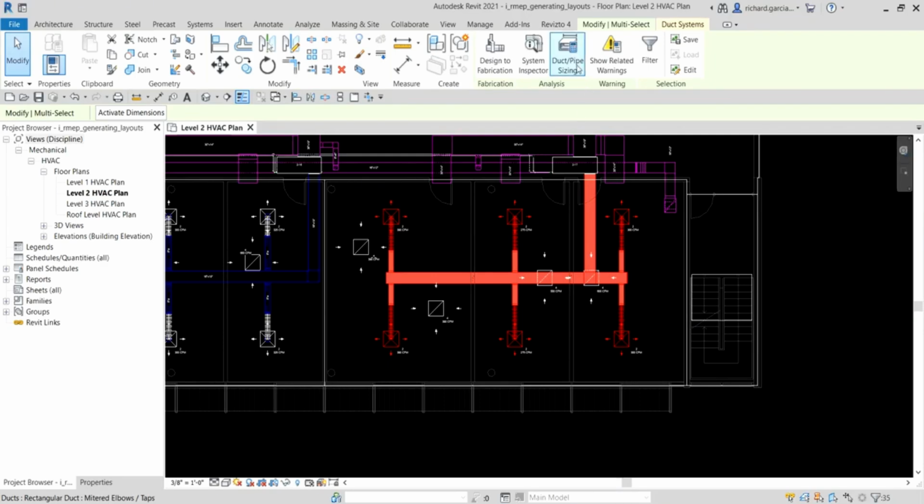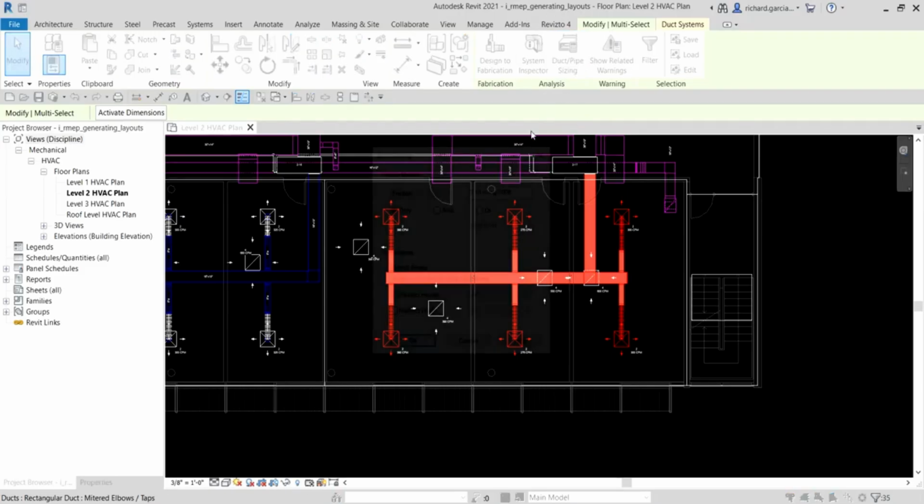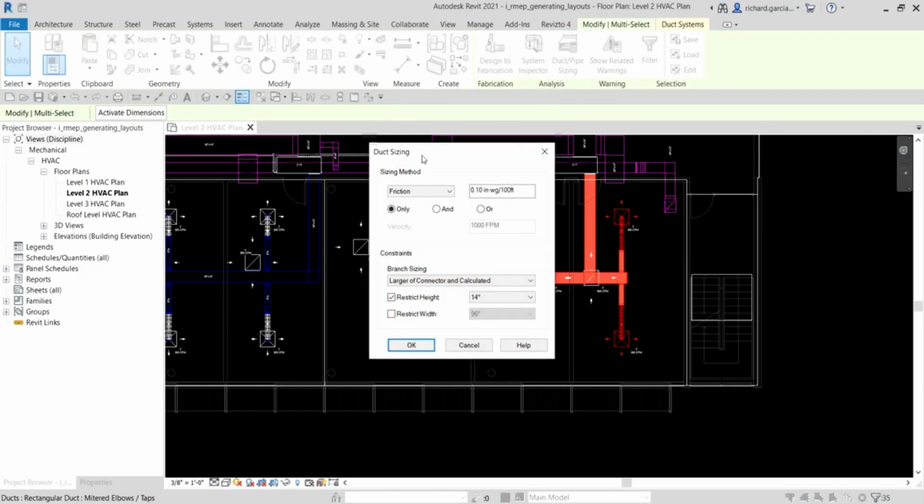Okay, so I'm going to select the duct piping system. Just click that one, and then it will now open the duct sizing dialog box. So you can select a dynamic sizing method for the ductwork of the air systems in a project. From here, you can select the sizing method: friction, velocity, equal friction, static regain. So you can select the sizing method to be set along with any constraints that may need to be